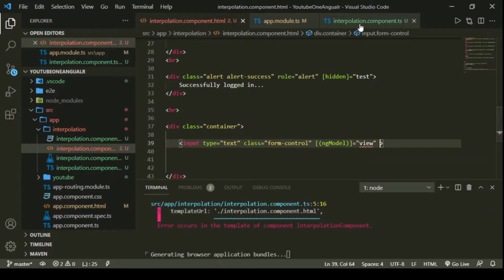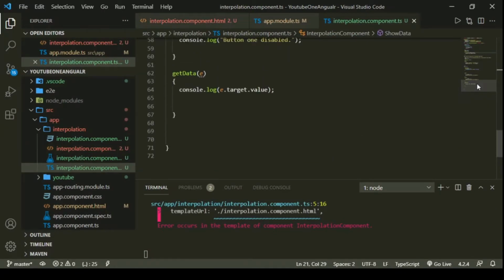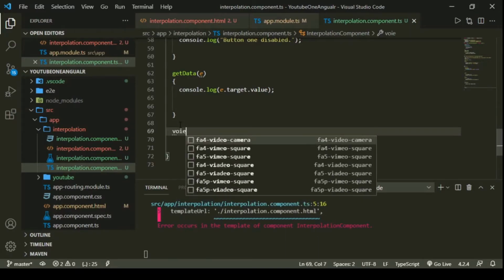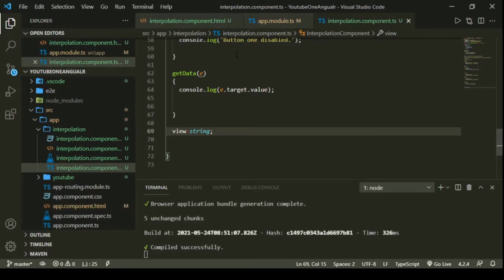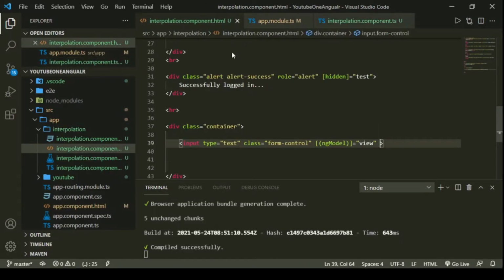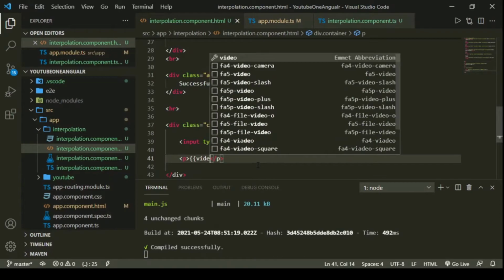I would be giving it the name view, and in my TypeScript file I would be giving it a string type. Now if we want to print this view,